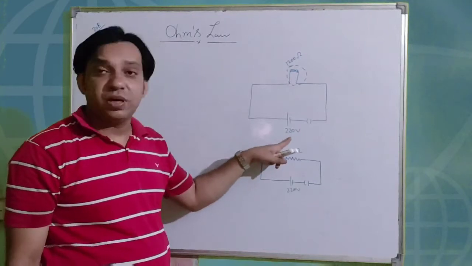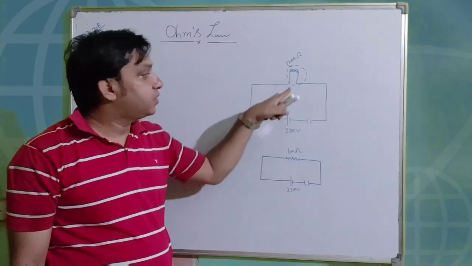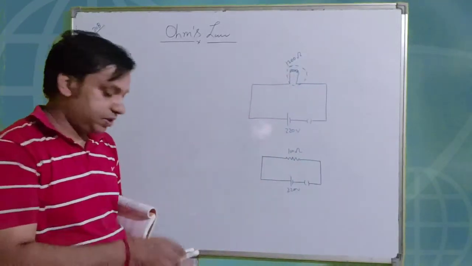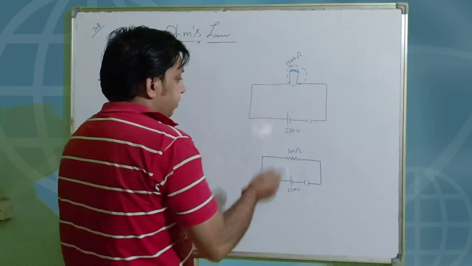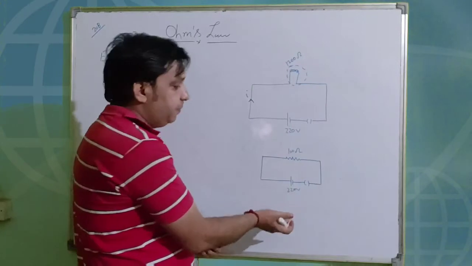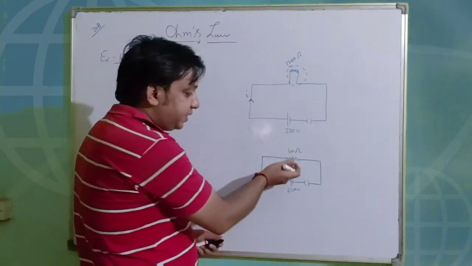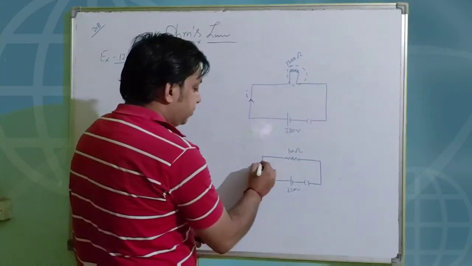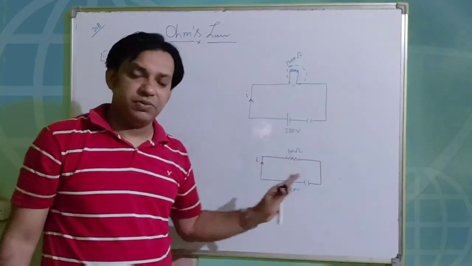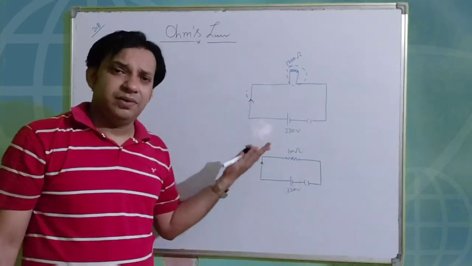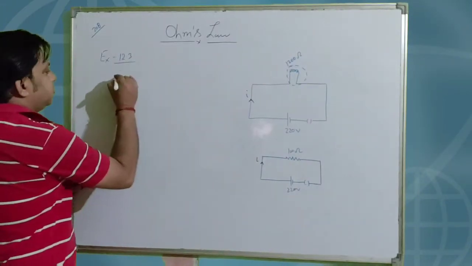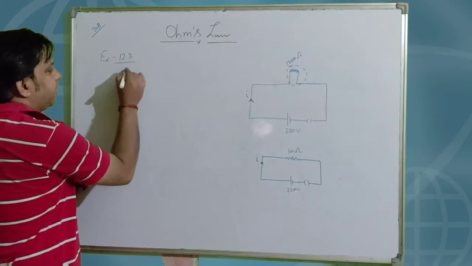So in the first part, the 220 volt source is connected to a bulb and the bulb resistance is given, 1200 ohm. Your aim is to find out the amount of current flowing. And in the second part, again the 220 volt supply, and the heater coil resistance is given, 100 ohm, and your aim is to find the amount of current flowing in both the cases. Right? I think the question is clear and simple. You know that we will apply Ohm's law.